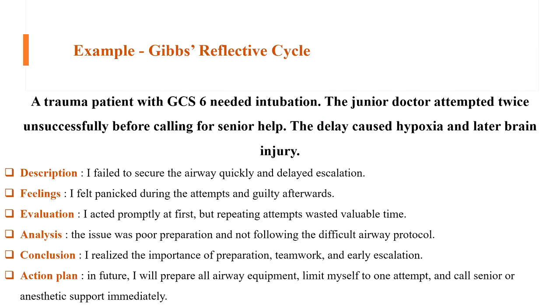Now let us apply the cycle to a real clinical example. For example, a trauma patient with Glasgow Coma Scale score 6 needed intubation. The junior doctor attempted twice unsuccessfully before calling for senior help. The delay caused hypoxia and later brain injury. Now, by reflection on this experience,